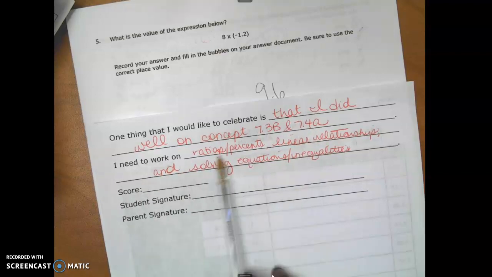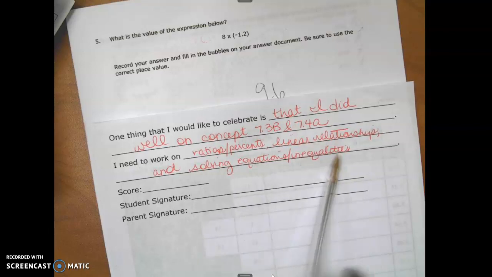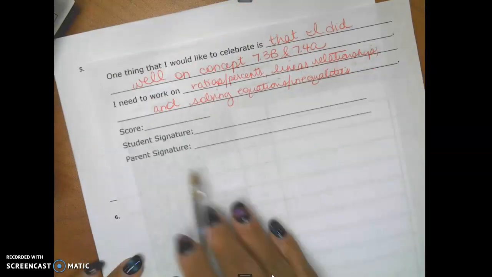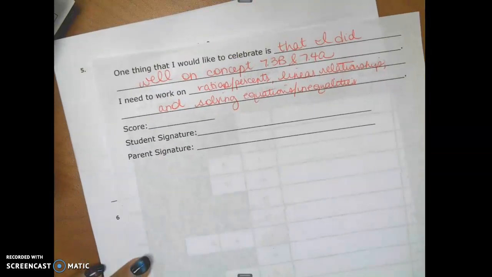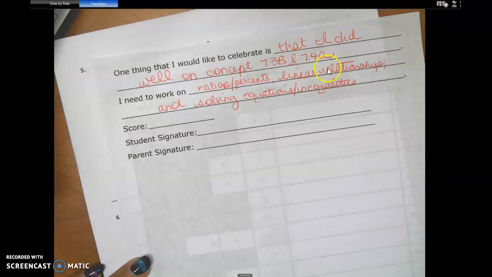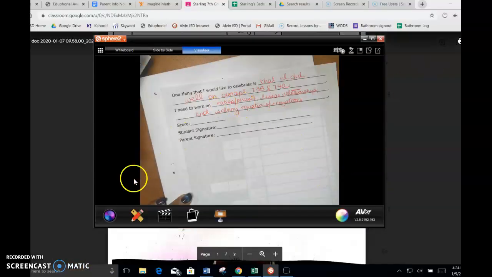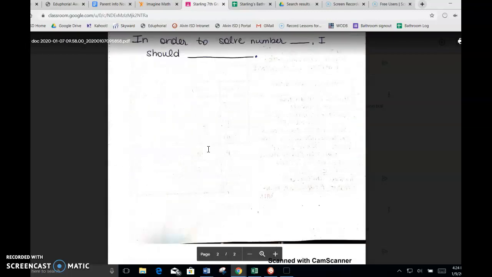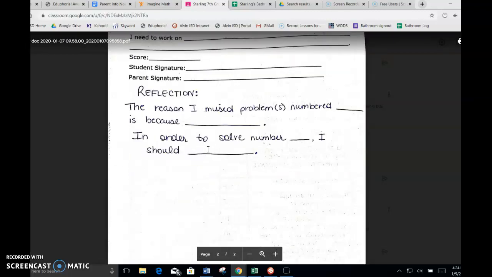I need to work on ratios and percents, linear relationships, and solving equations and inequalities based on what Ms. Starling wrote in this column right here. Now, down here, I gave you a sentence starter to complete. Let me go back to it. Boom. The reason I missed